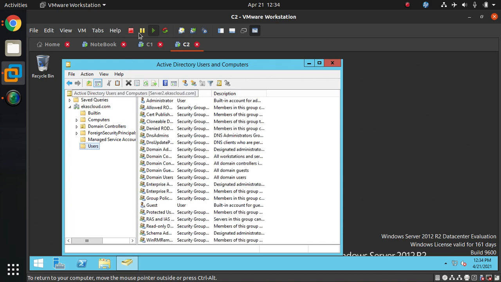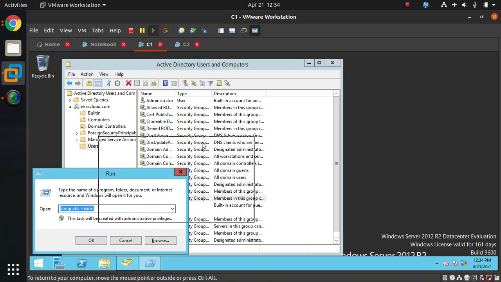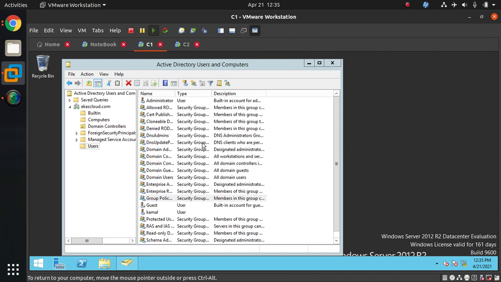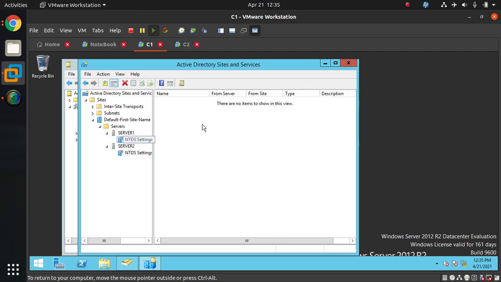Usually it won't take this much time to replicate. If it is taking this much time, we have to do one thing. We go to run, and we type one command called dssite.msc. Under here you will find some replication connections.